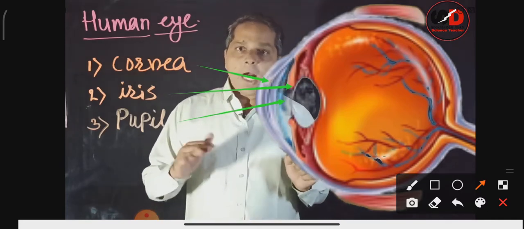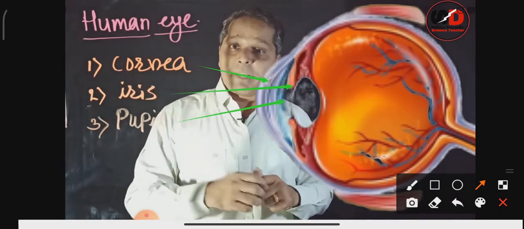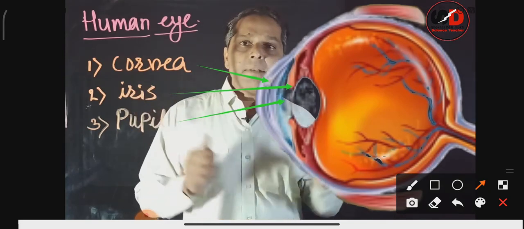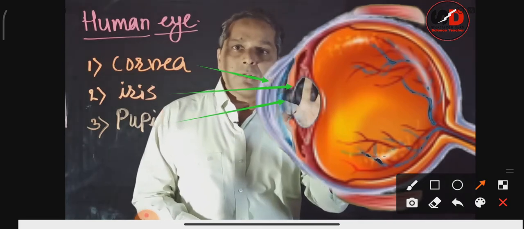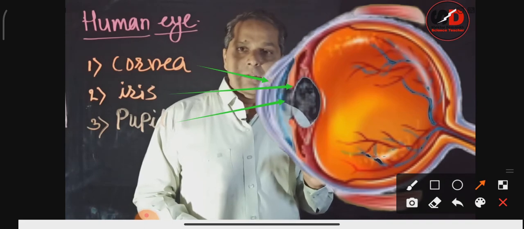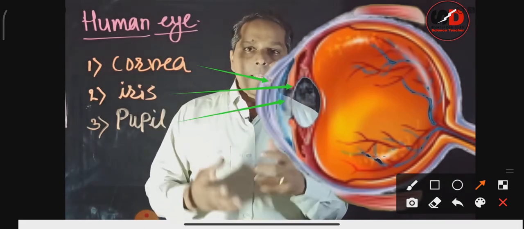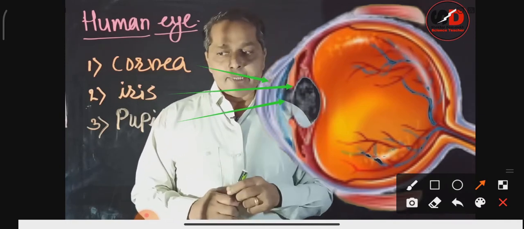Whereas during evening or night, if you go in dim light, then the pupil expands and allows the maximum light to enter inside. So that is the function of the pupil, that it controls the amount of light entering the eye.